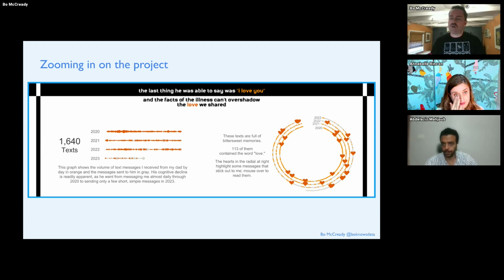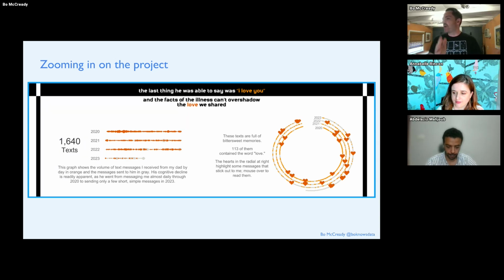start creating again. So the first thing I wanted to highlight here, I made a data set out of the texts that my dad and I sent back and forth. And so I find these graphs to be one of the perfect examples of what bittersweet means to me. There's a lot of love and happiness here, but also some really challenging things to notice. And I don't think we normally visualize our text messages between people in a way like this, but